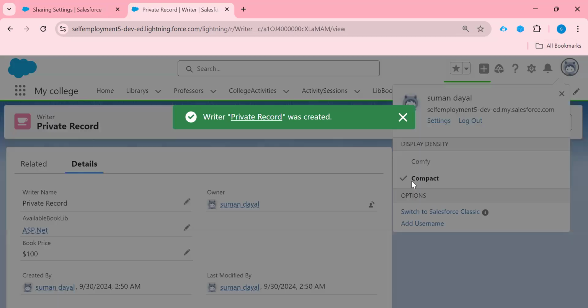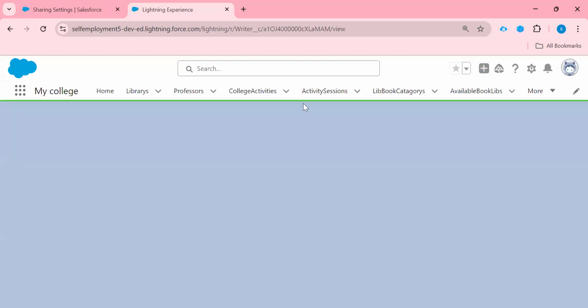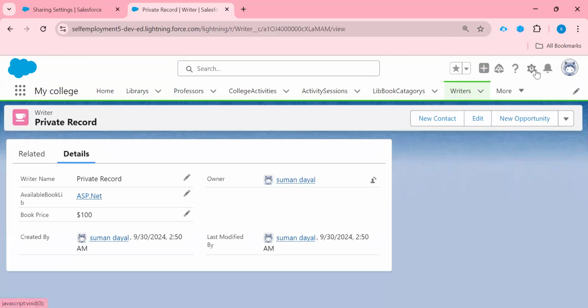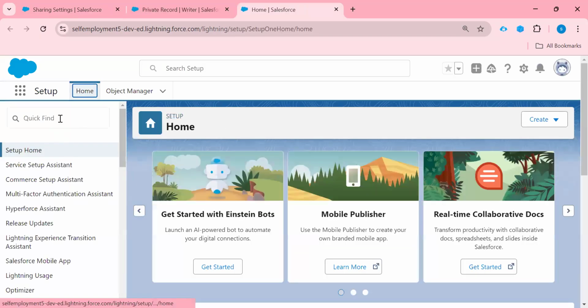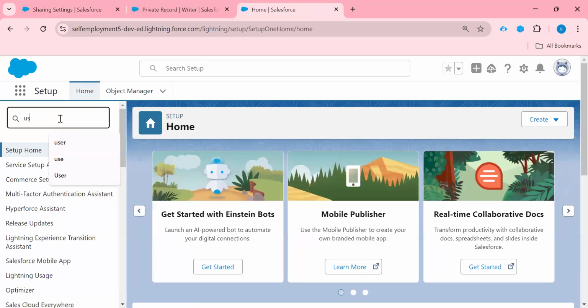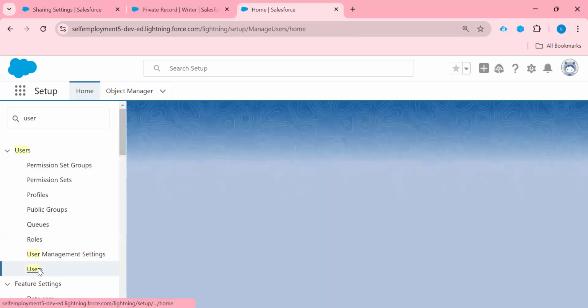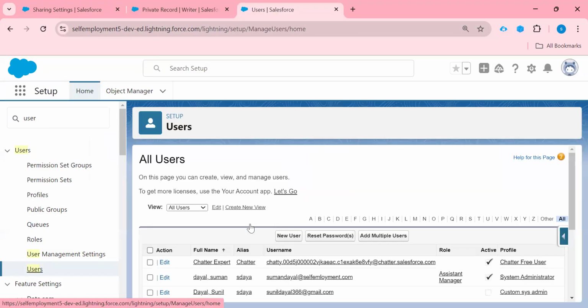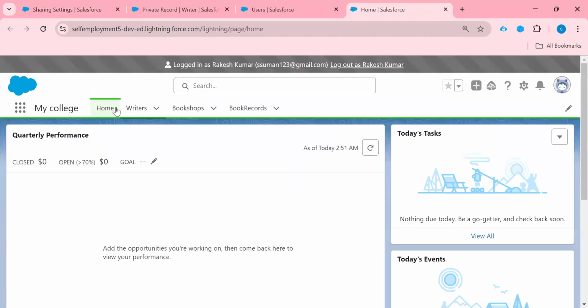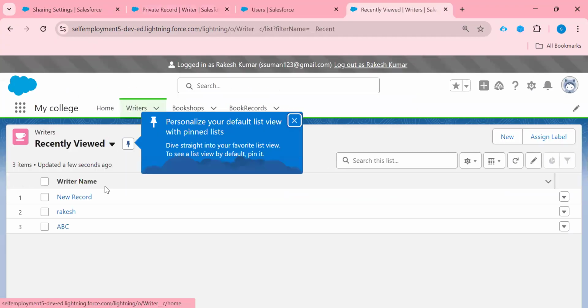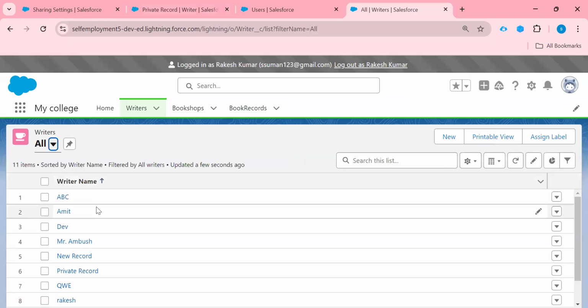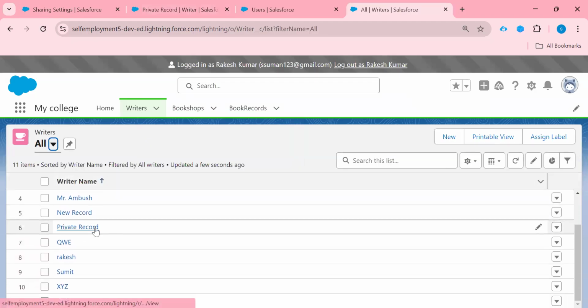Just give a refresh before logging in to the user. Now come to our user, open our user, and log in from the user. If I check the writer object and click on all, the private record is available here.